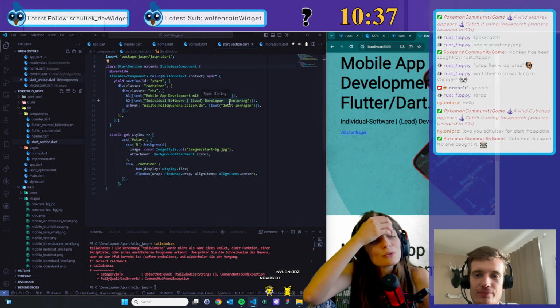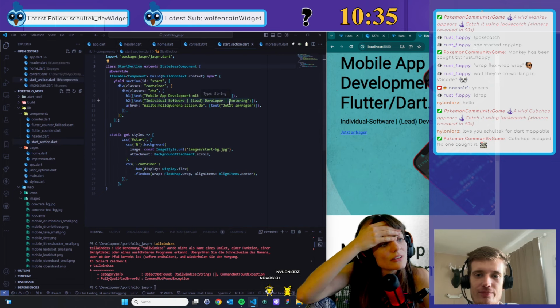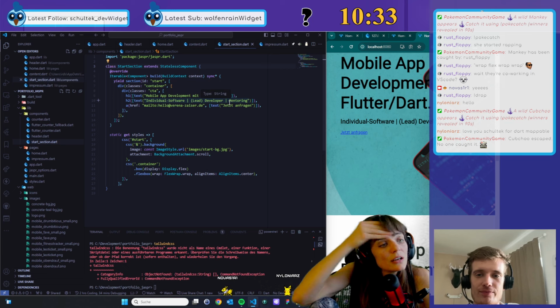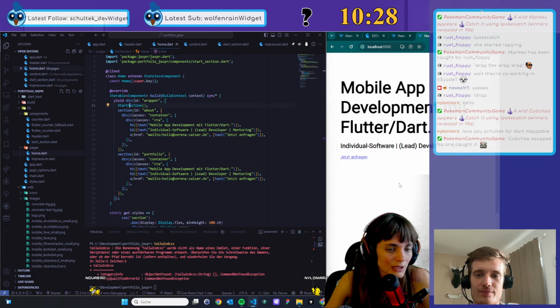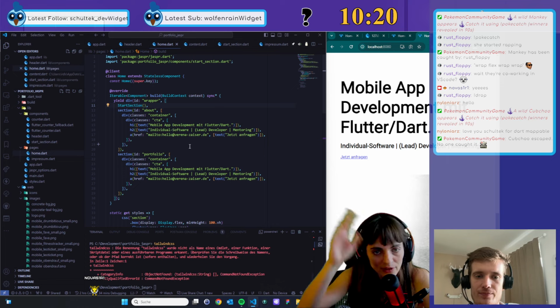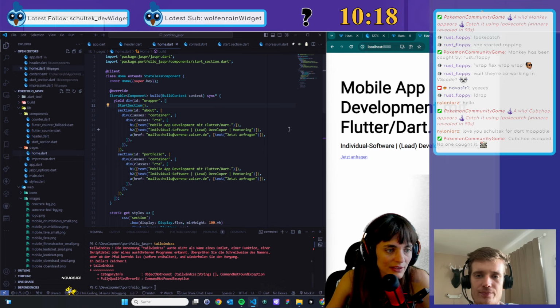Okay, that's cool. Because that comes into play if we look at the portfolio stuff, where we have the components with the image and the name and stuff like that.